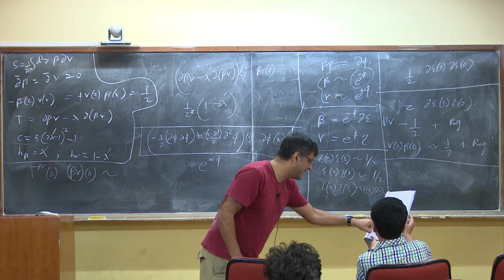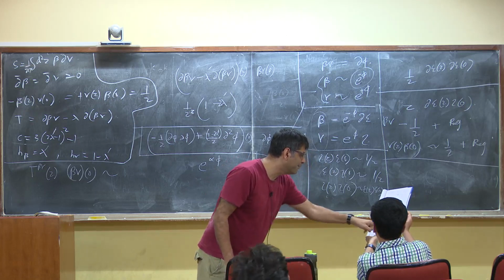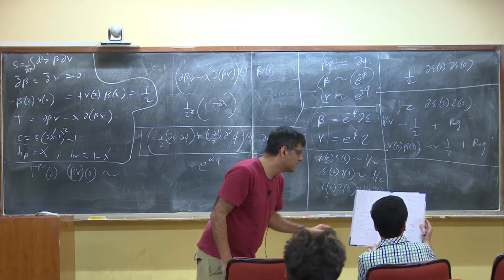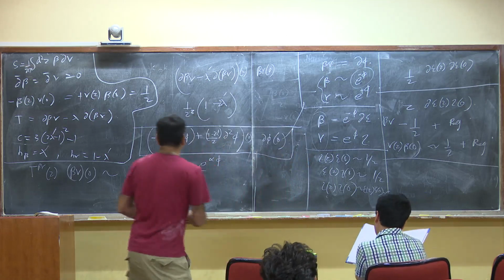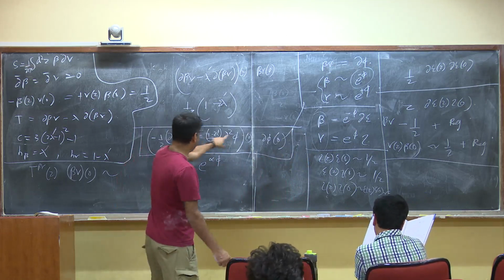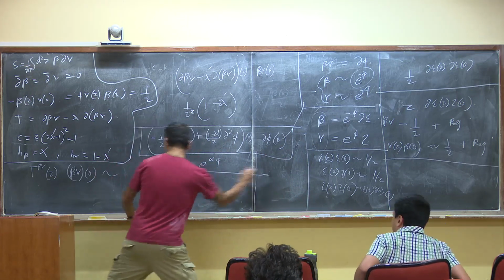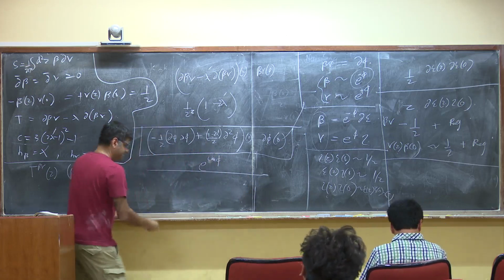So e to the power ikx has alpha prime k squared by 4 plus i a alpha prime k by 2, and a was the slope. A was this, a del squared x. Okay, excellent. So we worked out that the dimension of e to the power ik phi